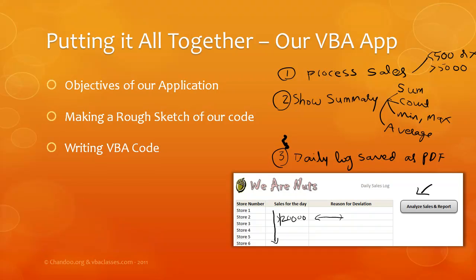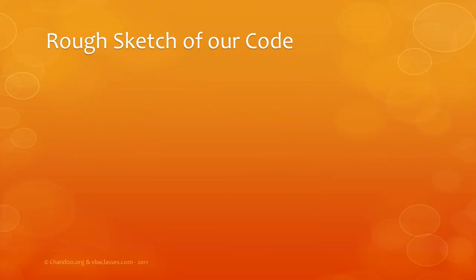So let us just go into a fresh slide, and this is our canvas to put the rough sketch. Now I hope you remember the objectives that we have defined. What I'm going to do is list down the rough sketch. So let us just say this is how our VBA code looks like, and I'm sorry for that line. What we want to do is